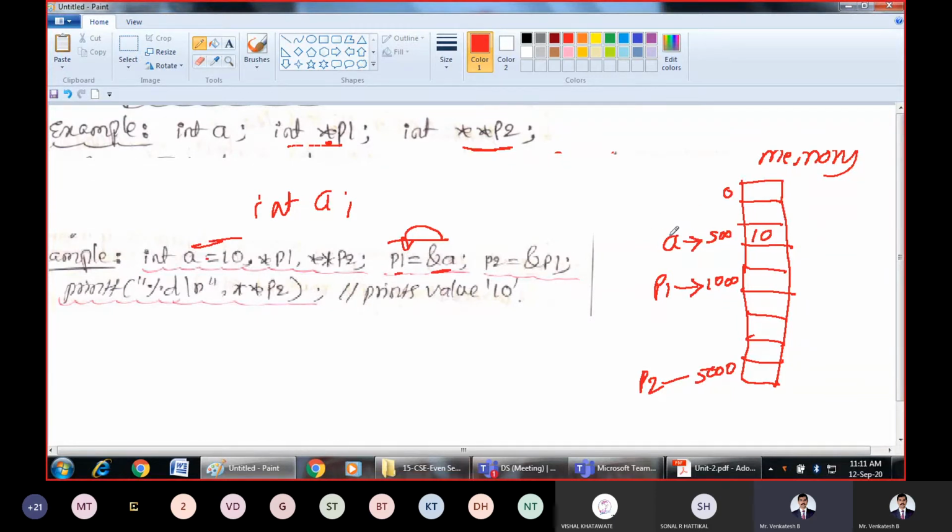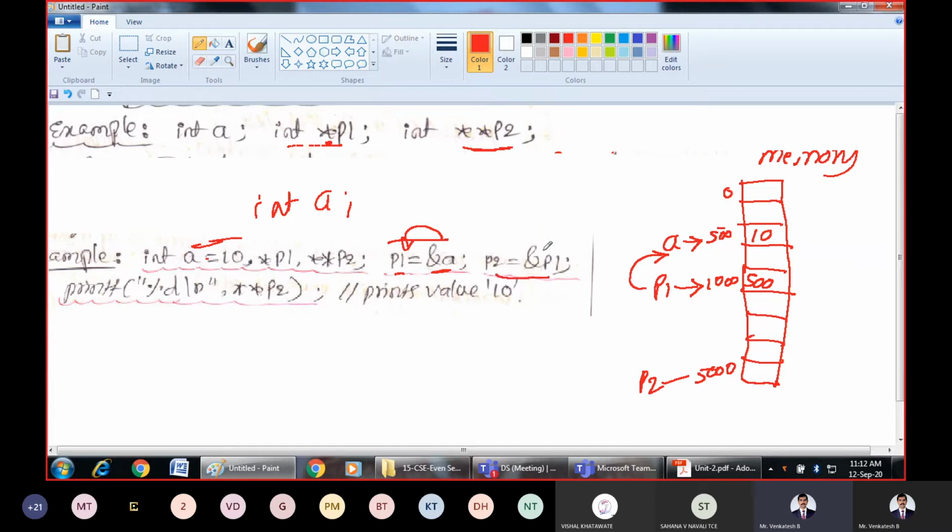A has got an address of 500. So that 500 we are assigning to P1. P1 will contain the value 500, because the address of A is 500. So this P1 is pointing to A. P1 is containing the address of A.